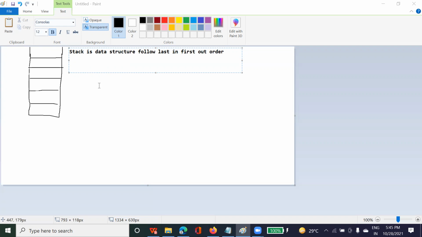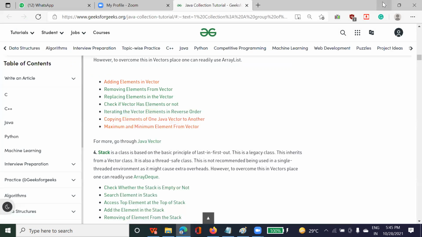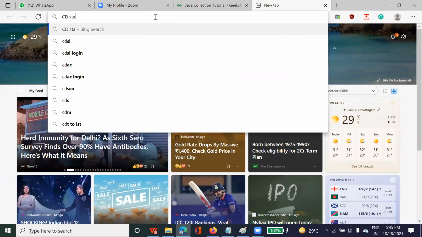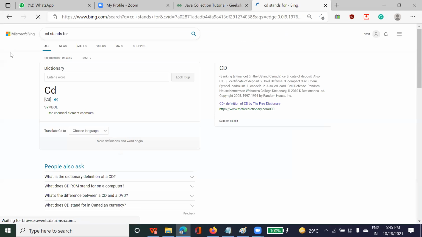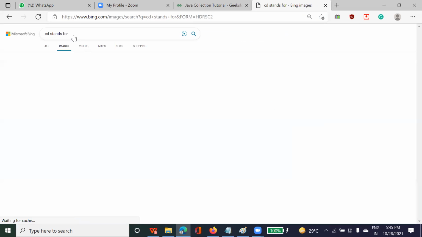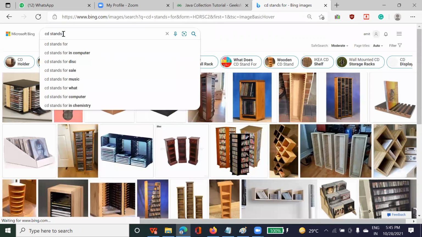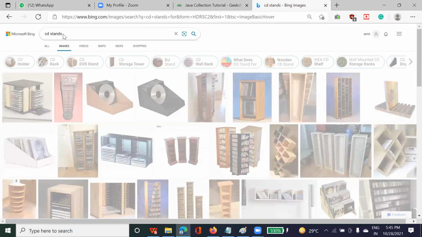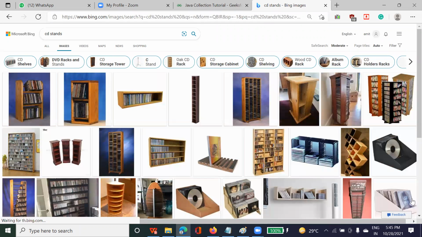If you remember the CD stand, let me show you on Google as well. CD stand, if you remember, like this, right?